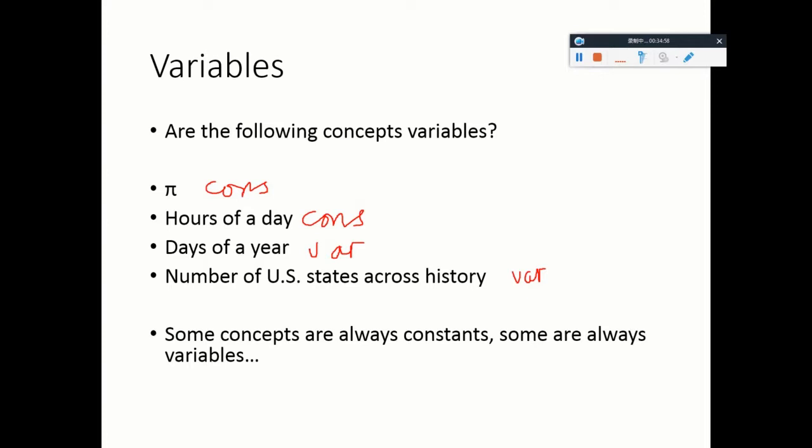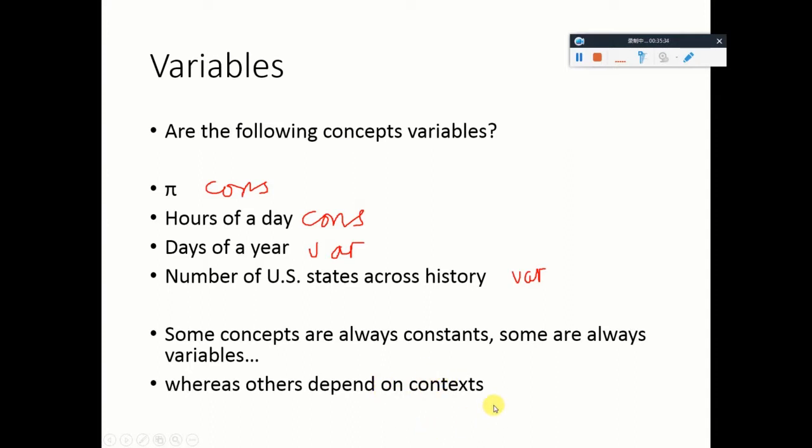So, as these examples illustrate, some concepts will always be constant, whereas some will always be a variable. Like days of the year: it's almost always a variable, alternating between leap years and normal years. But whether or not a concept is variable or constant, for some other concepts, sometimes depends on how we